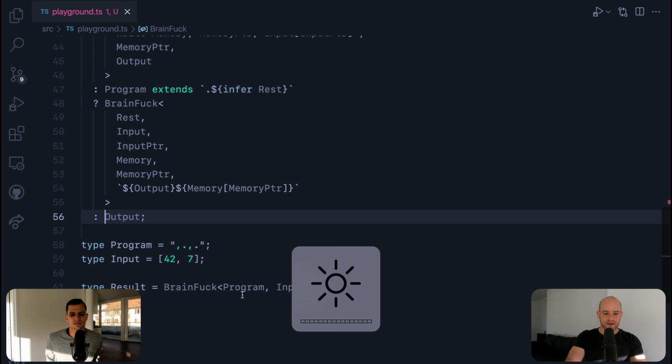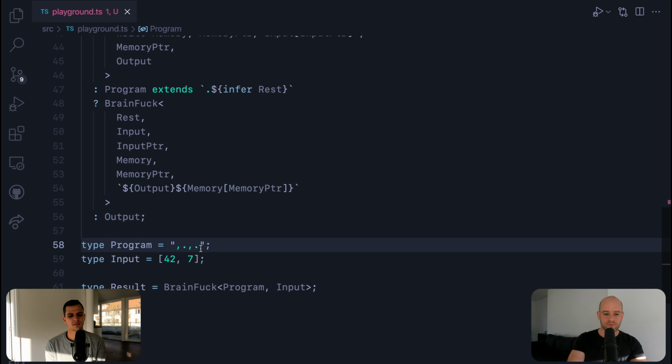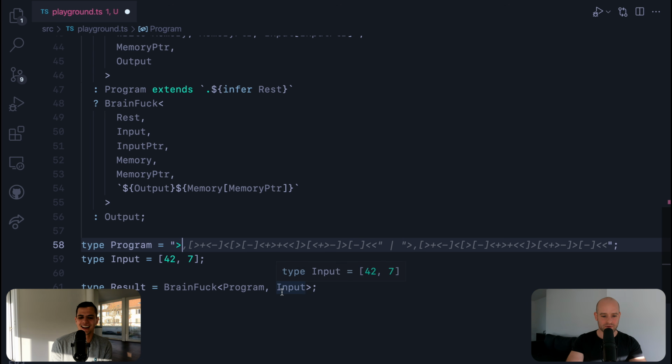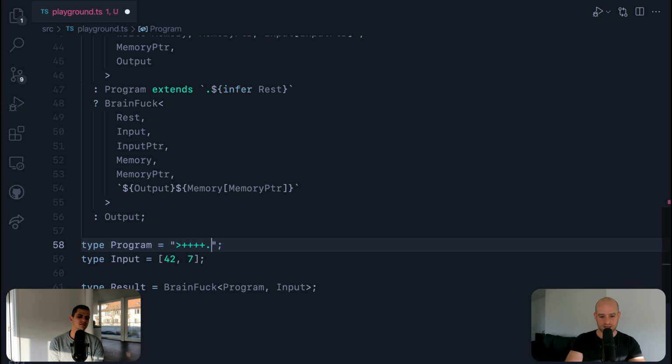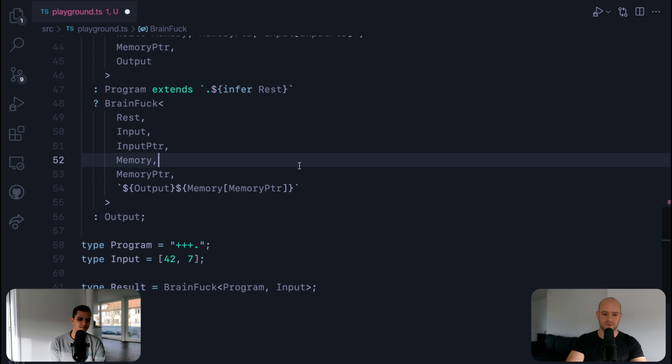So let's keep going. So here we have commands to move the pointer in memory. And you see, Copilot is suggesting some program. And then we can increment the value of the pointer. We can decrement. Yeah, you can do a bunch of things. So let's do, what should we do? Plus plus, so here you have 3. And you output the thing.